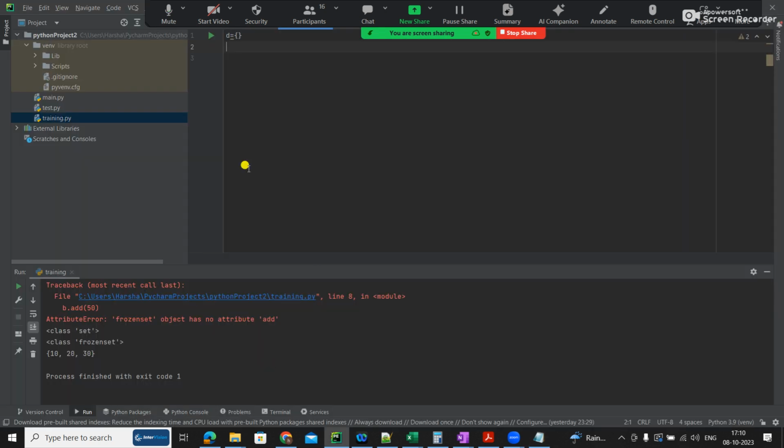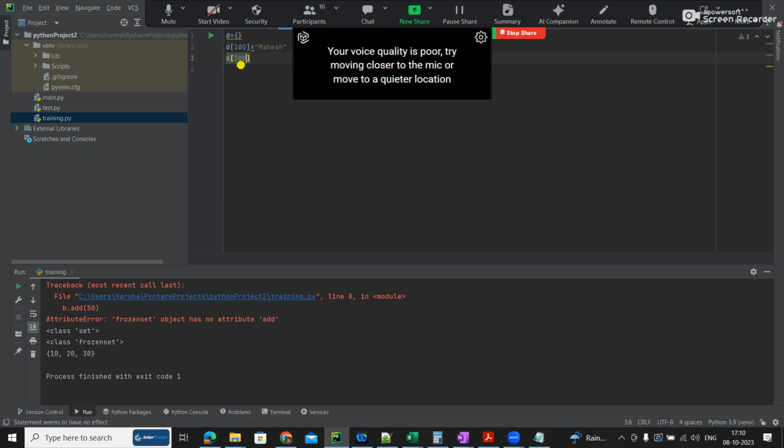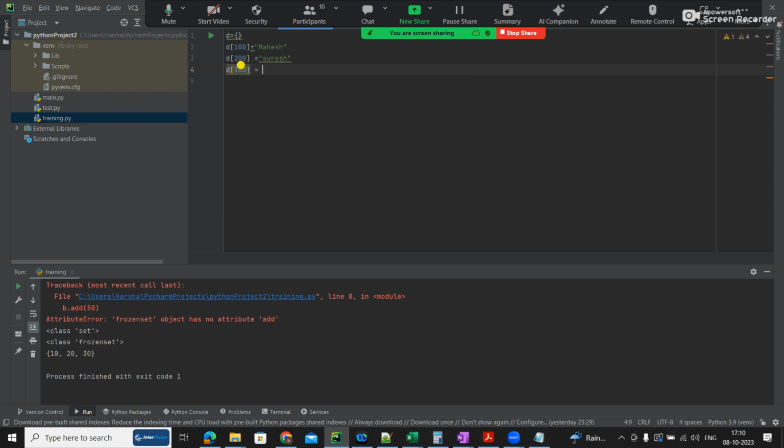So d of 100 equal to Mahesh, d of 200 equal to Suresh, d of 300 equal to Mohan.